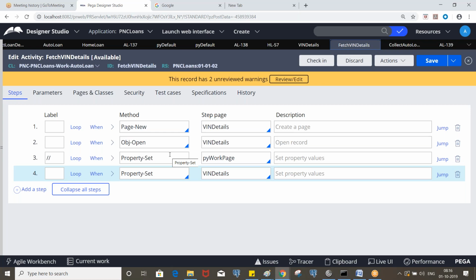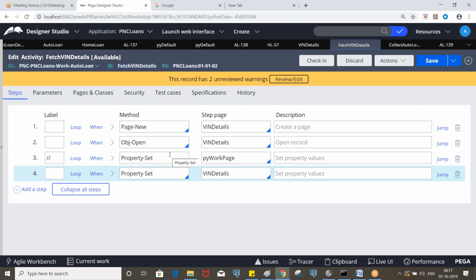Since we are always fetching a single record, we use OBJ open. For the country detail scenario, we displayed multiple records, the multiple values, so that's the reason we used OBJ browse, which is for multiple records. Here, at any point of time, we fetch only a single record.